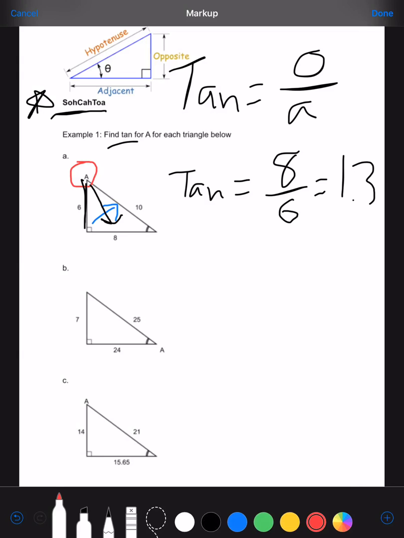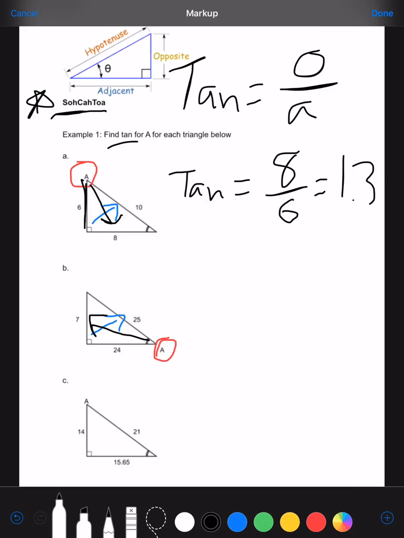Part B, A is now moved. It's down here. So again, we're going to start by finding our hypotenuse, just to rule it out. So a right angle across, so we're not going to be using 25 at all. 25 is not needed for this because that's our hypotenuse. And again, tangent is opposite over adjacent. So we're going to find our opposite side. So from A